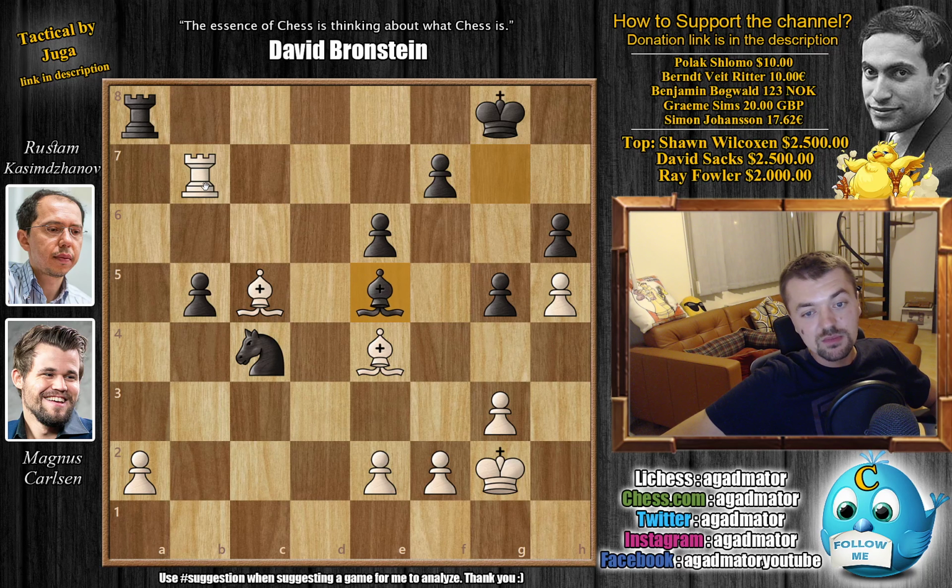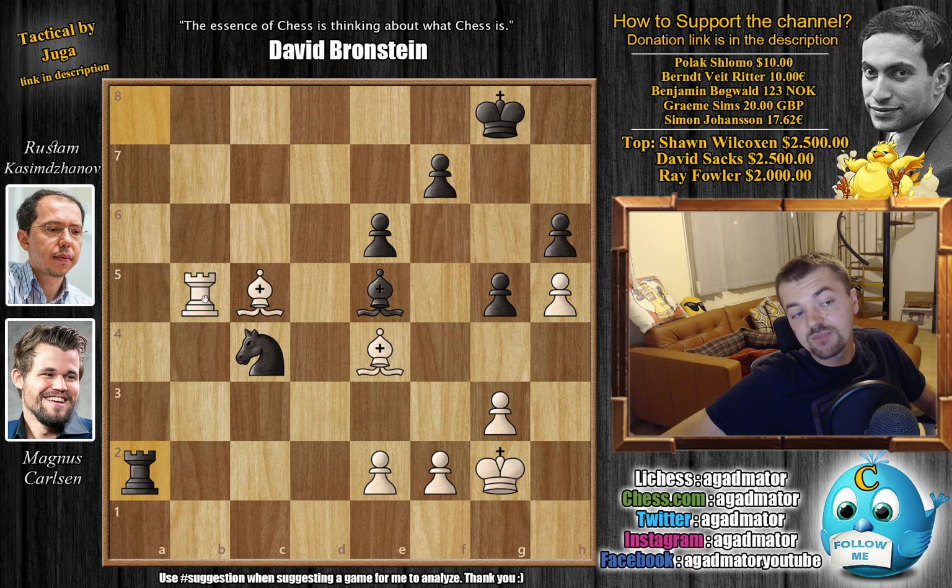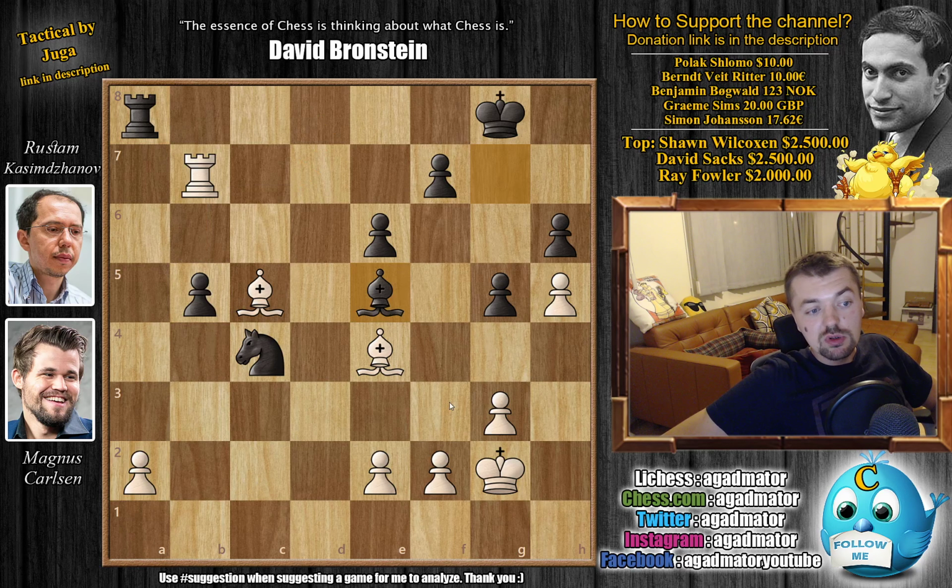Now you don't really gain anything by rook captures on b5 because rook captures on a2, and now you don't really have a move anymore. Rook b8 is impossible, so you would have to waste more moves to prepare it. The bishop is here. You have to play some like rook here to here to here, and you don't have all that many moves. So here Carlsen continued bishop to b1 to guard the a2 pawn,